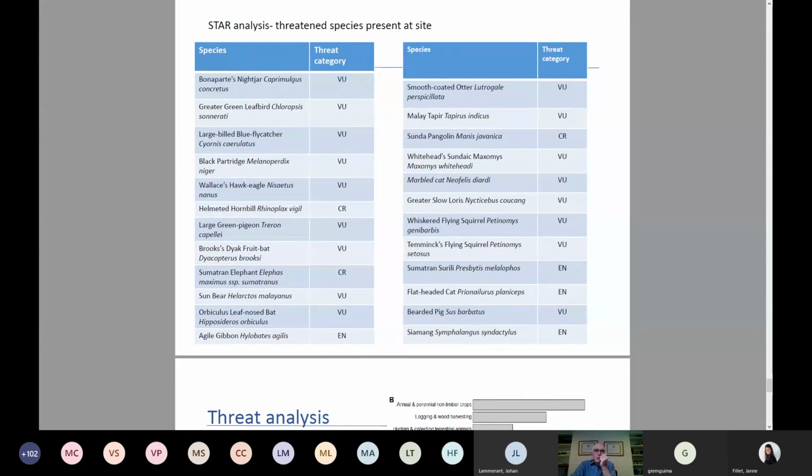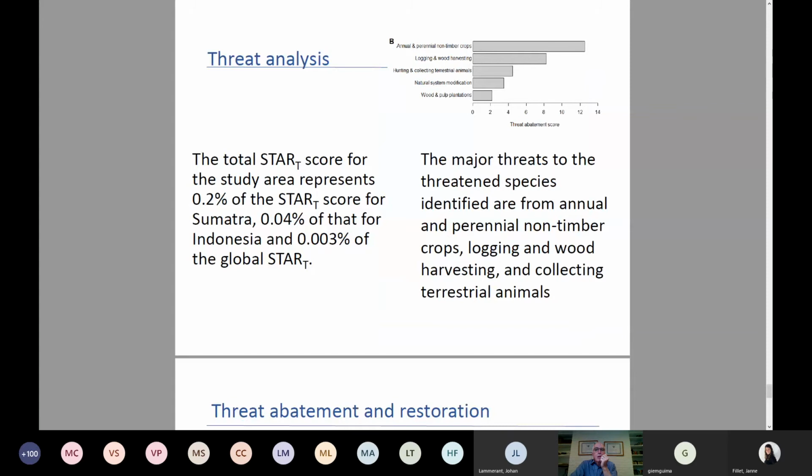I want to give you an indication of the species that we're dealing with. These are the species that are identified using the ex-ante estimate phase. These are ones that are present in the Red List, and they tell you that you can generate conservation impacts by reducing threats on these species, some of which, such as the Sumatran elephant and the Sunda pangolin, are critically endangered, and others of which are vulnerable. The important aspect of this analysis was that these are aspects of the conservation opportunity that weren't available to the site managers before this analysis was done. If you go to the next slide,